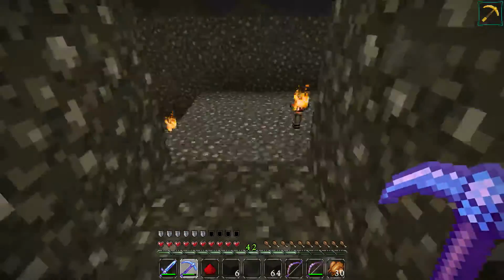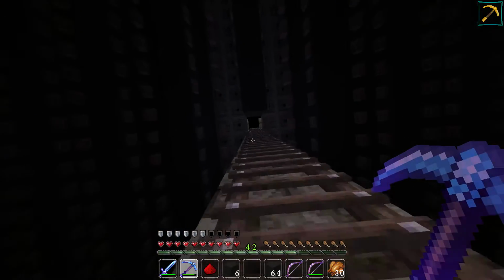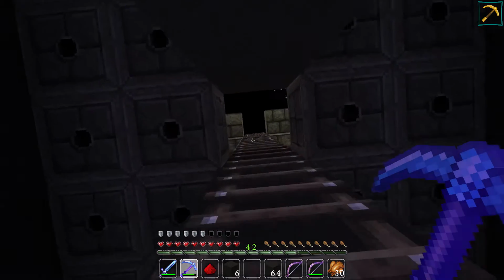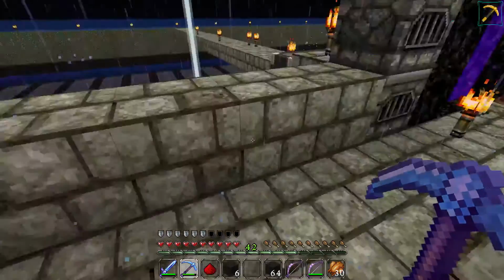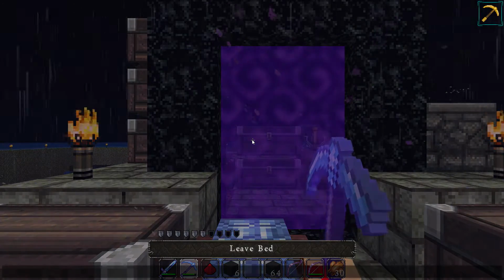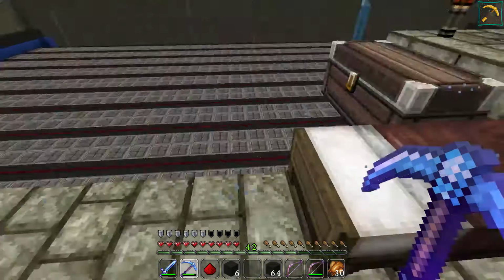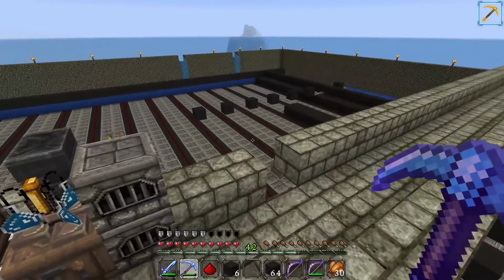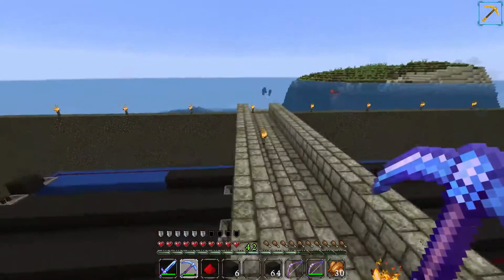Now, we need to do some calculations. So, Guardians have 30 hit points, 15 hearts. Now, fall damage is the distance they fall minus 3 is the damage they take. So, what we need to do is the calculation of, we want to kill them, so 30 plus 3 is 33. Minecraft can sometimes be a bit iffy on fall damage as well sometimes. So I'm going to say we drop them 35 blocks. So if we come over here,